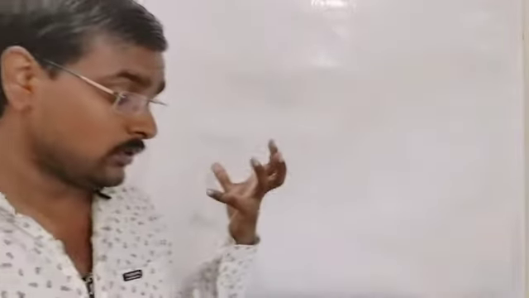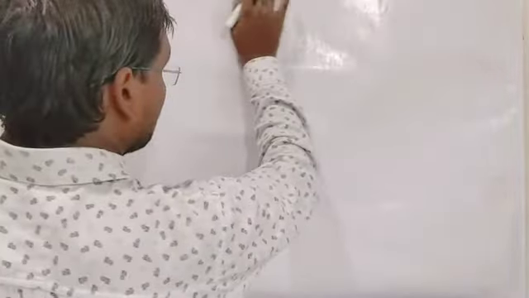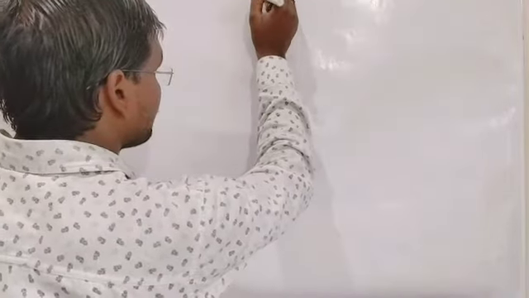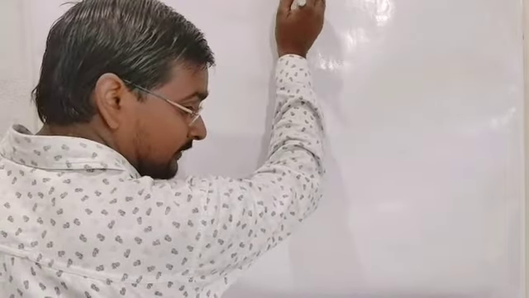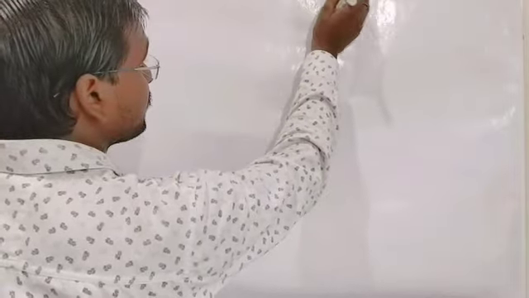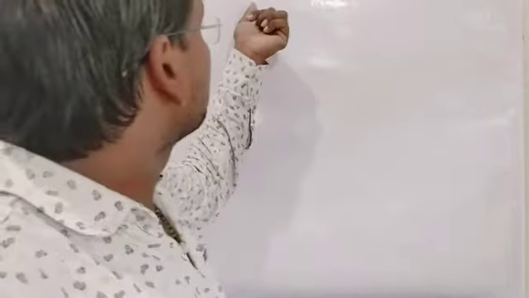Good morning, students. Today we will determine the value of an unknown involved in the quadratic equation with the help of the nature of roots. So in this case, the equation is 2x square minus 10x plus k is equal to 0. In this question it is given: find the value of k for which the equation has real and equal roots.